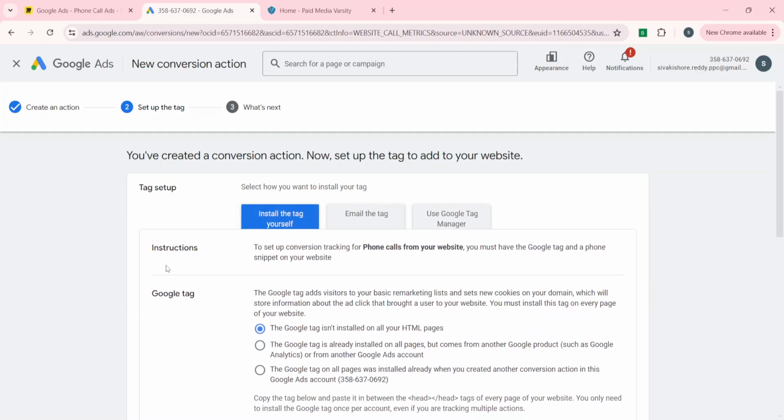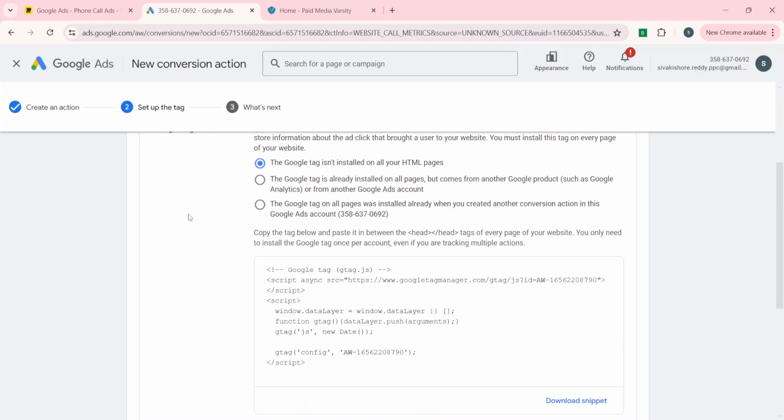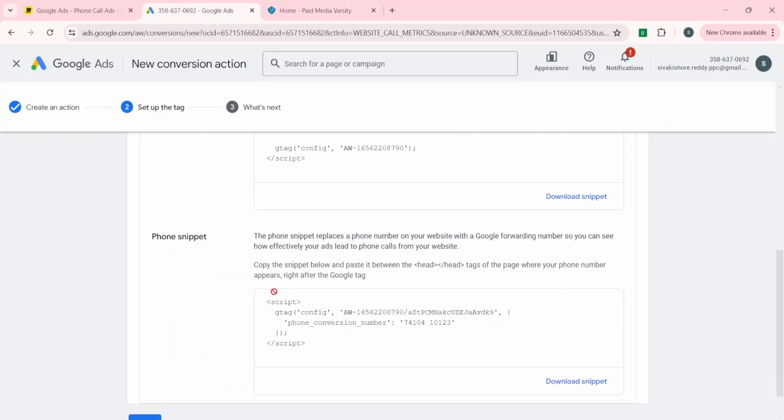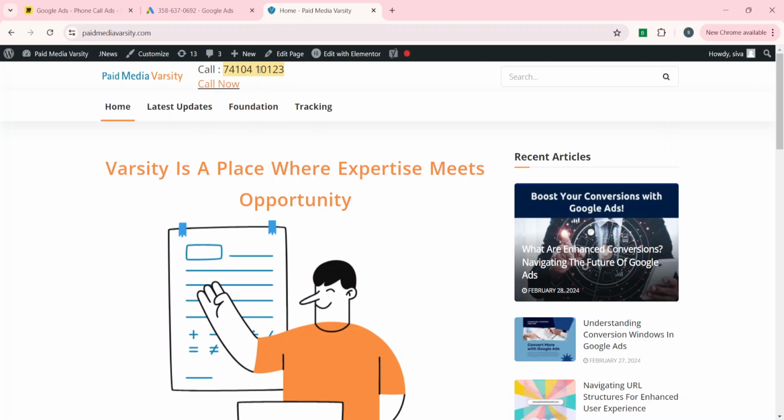So click on install tag yourself. Let's install these tags. As we have discussed earlier, Google tag should be present on each and every page of your website. In this website, there is no Google tag, so let's install it. And this is the snippet. This snippet helps to change the original number to the Google forwarding number when a user comes to our website